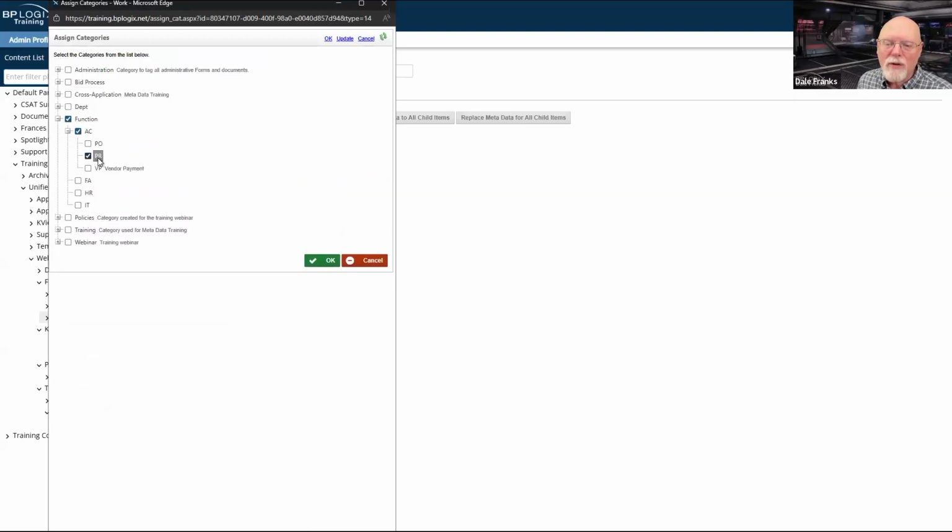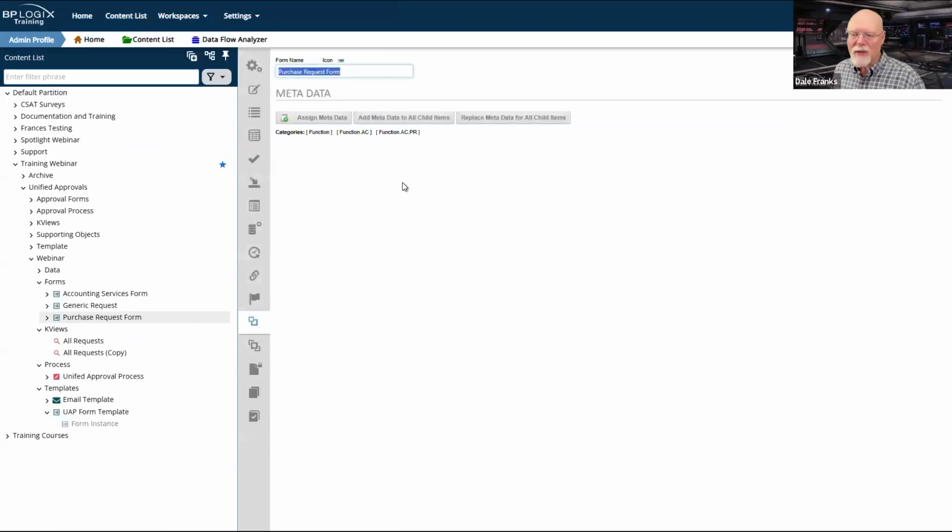This is a purchase request. So if I pick purchase request, it sets everything else. And I will add that metadata to all child items. And then I could go through and do this for all of my different forms. I would just have to set the metadata when I created the form itself.